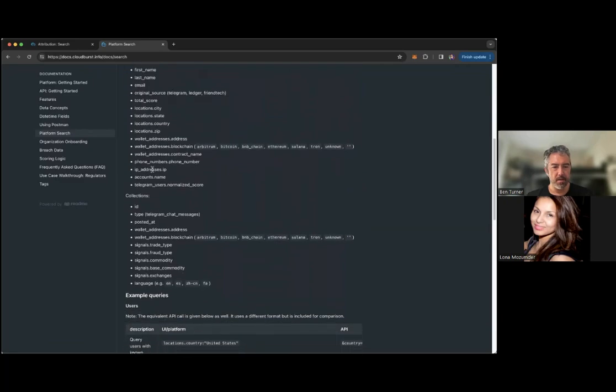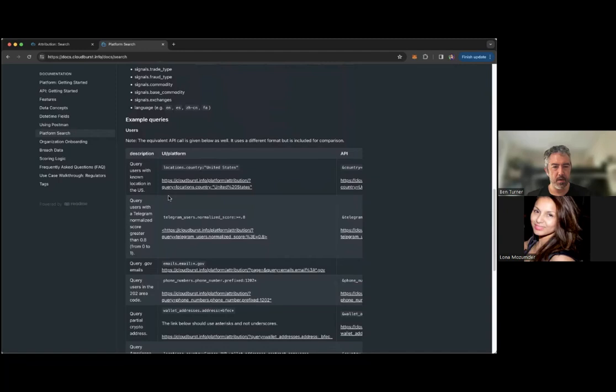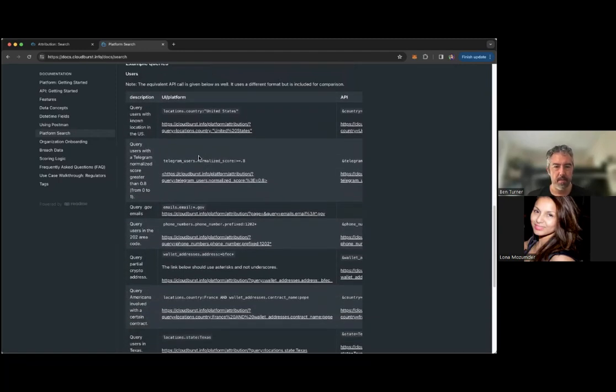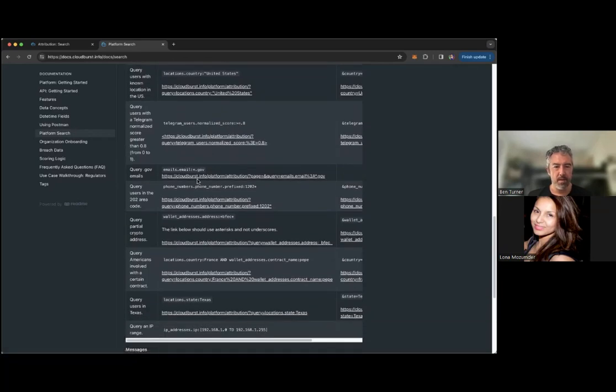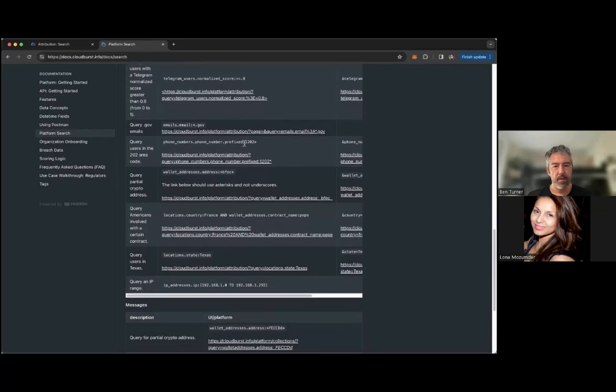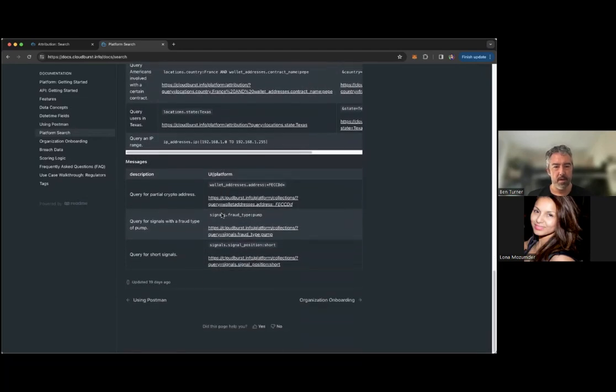And this also just gives you the syntax to do it, as well as some sample queries for your use case. So you can sort by users above a certain score. Here's the domain search or email TLD search. This is a faster phone number search, etc.